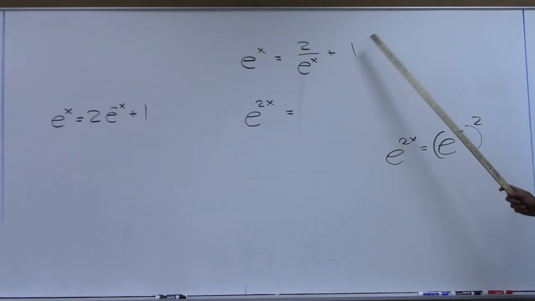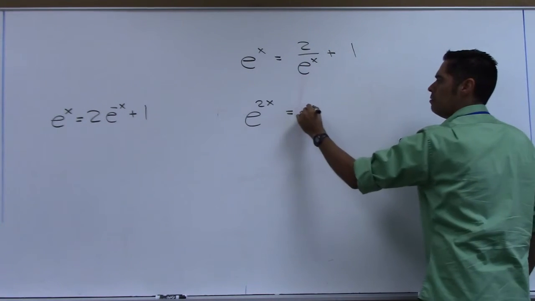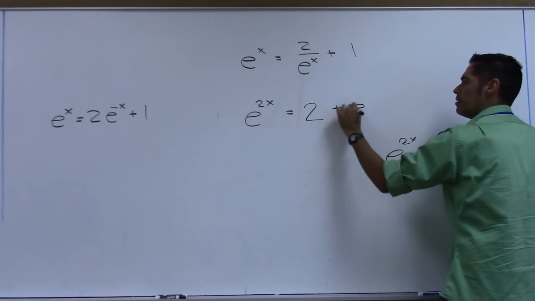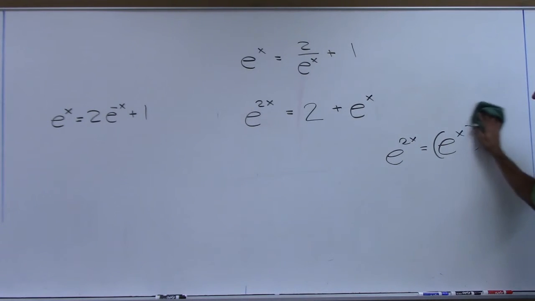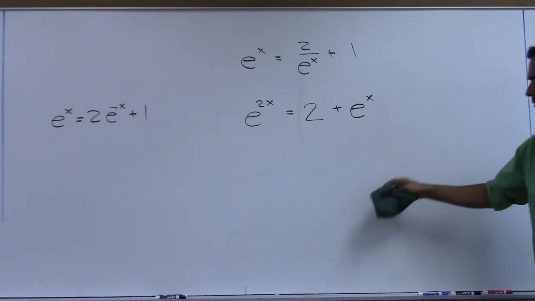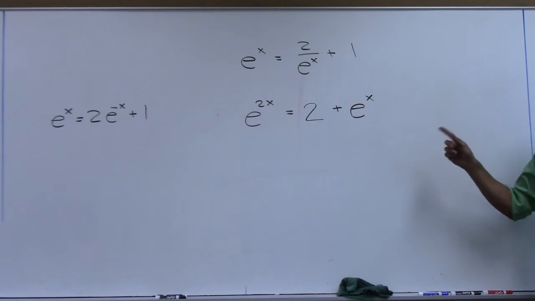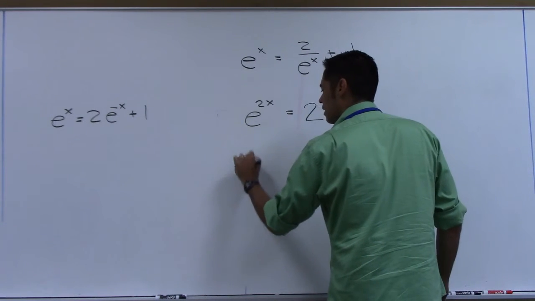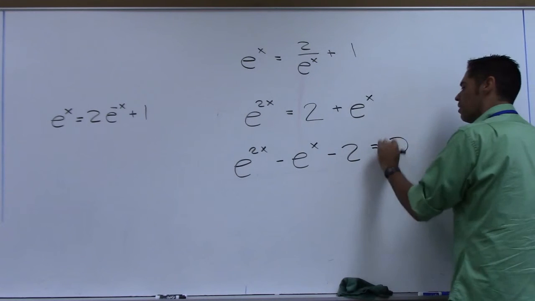What do I get here when I multiply both of these by e to the x? 2, and then plus e to the x. All right, that's good. You cleared fractions. Now what do you want me to do? It's a quadratic form. This is basically a quadratic form right here. This, if we move everything to one side, looks like this. E to the 2x minus e to the x minus 2 equals 0,